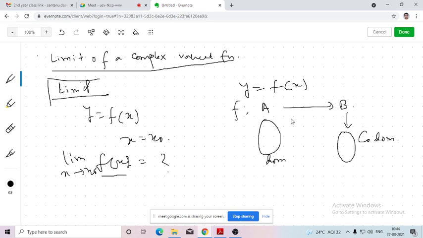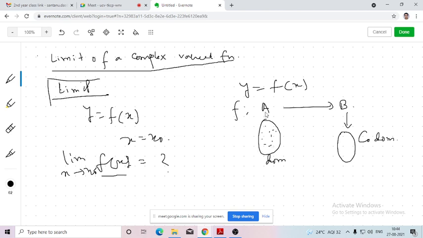While we are defining this function, it should be defined at each and every value of the domain. Say, for example, 100 values are here. The function must have a definition corresponding to each and every value that the domain has. Say if 9 values are there, then the function should have a definition in all the 9 values.